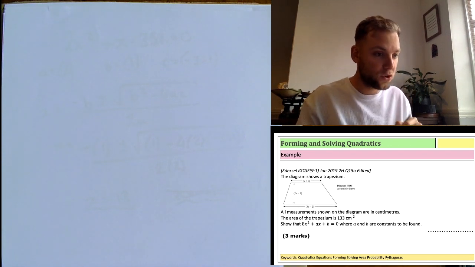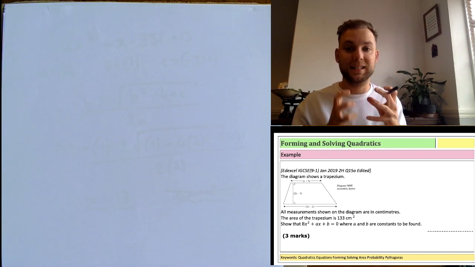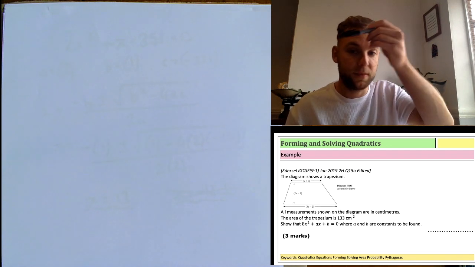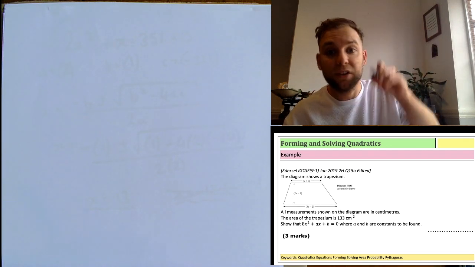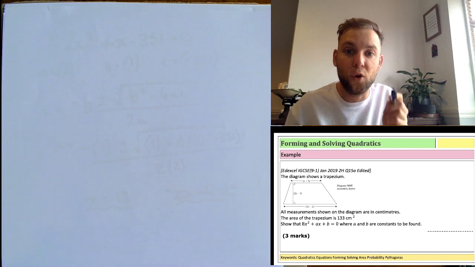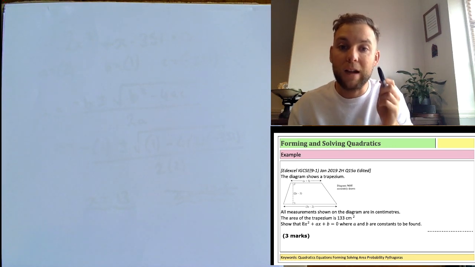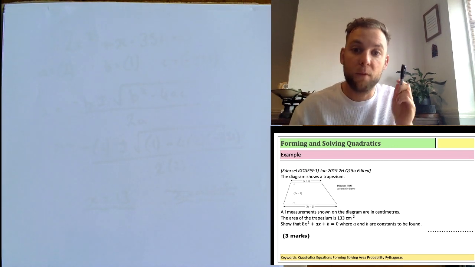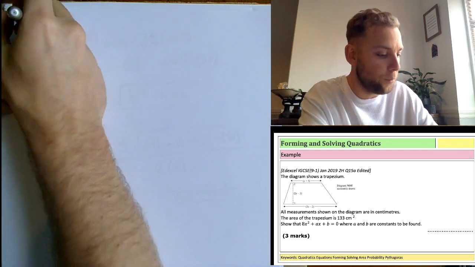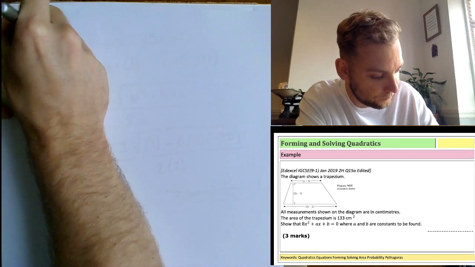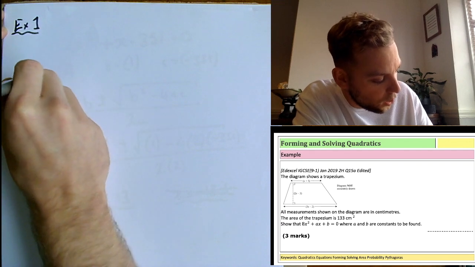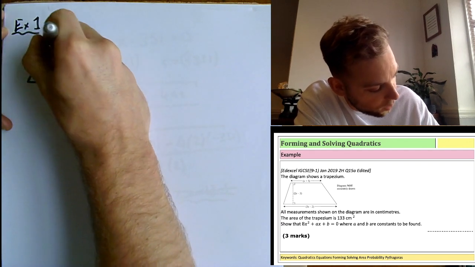So, first of all, we've got a trapezium, and it's giving you the A, it's giving you the B, it's giving you the height, and it's asking you to form an equation and form a quadratic from what it's giving you. So, example 1, let's write this down. So here we've got our quadratic like so. Sorry, we've got our